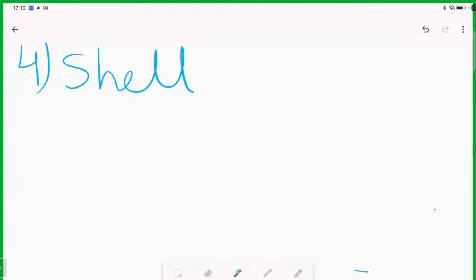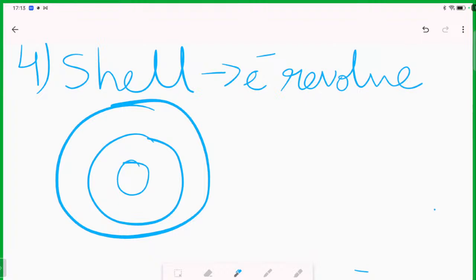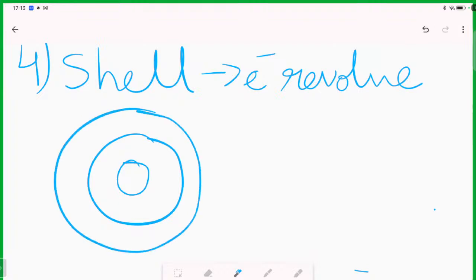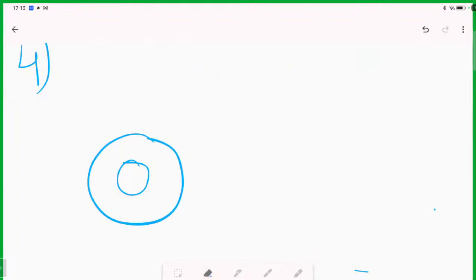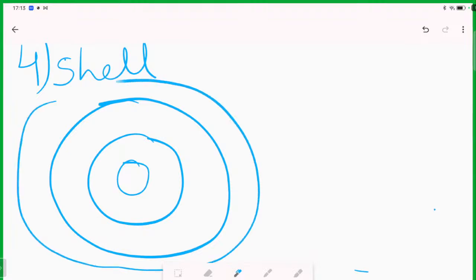व्हाट इज अ शेल? एज सेड बाय बोर, fixed path around the nucleus where electrons revolve, that is a shell. इलेक्ट्रॉन इसमें क्या करता है? रिवॉल्व करता है. ओके, तो अगर ये हमारा न्यूक्लियस हो गया, ये अपने पाथ्स हो गए. थोड़ा सुंदर बनाते हैं इसको. अब हम बात कर रहे हैं शेल के बारे में. ये हमारे पाथ हो गए. तो इसलिए क्या होगा? ये जो अपना न्यूक्लियस है, ये इलेक्ट्रॉन यहाँ,